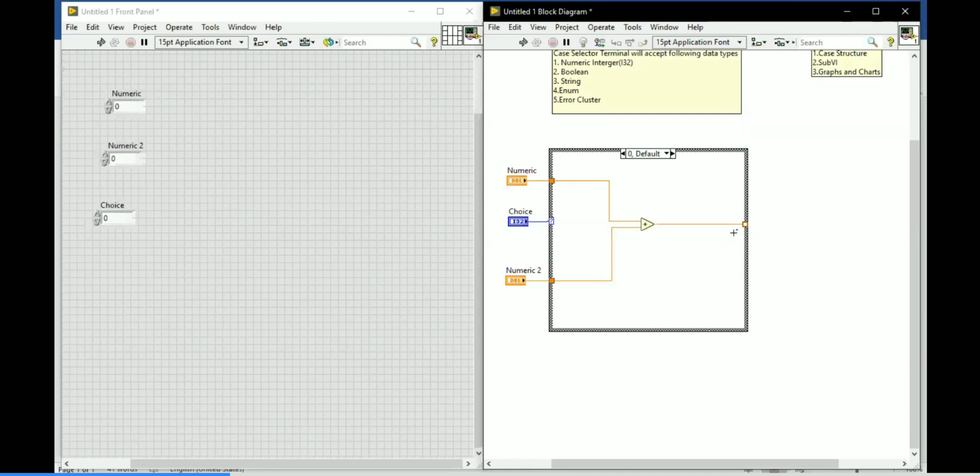So you are connecting the wire over there, but the tunnel is connecting, you are using the tunnel. Just I'm going to create an indicator also. Okay, right click, create indicator. Okay, so this is the result indicator I am giving there.